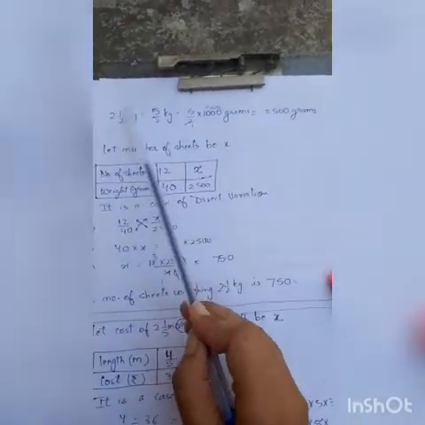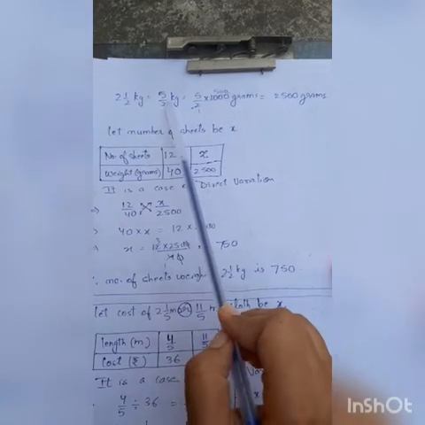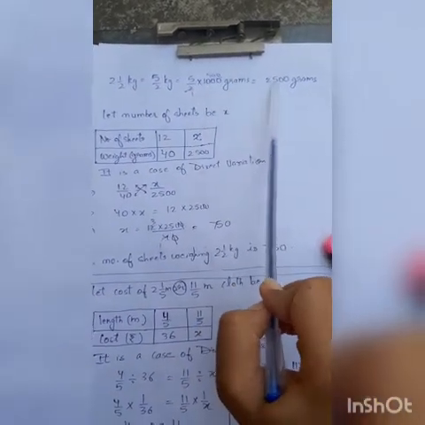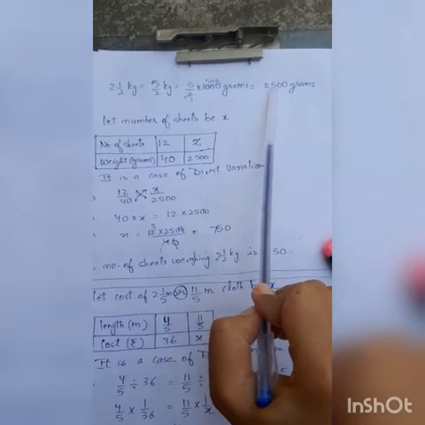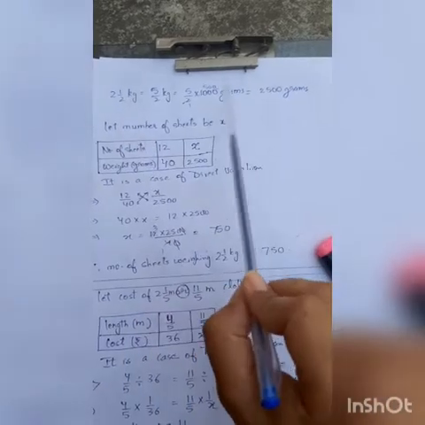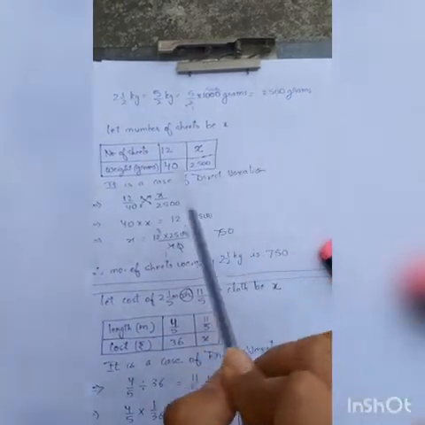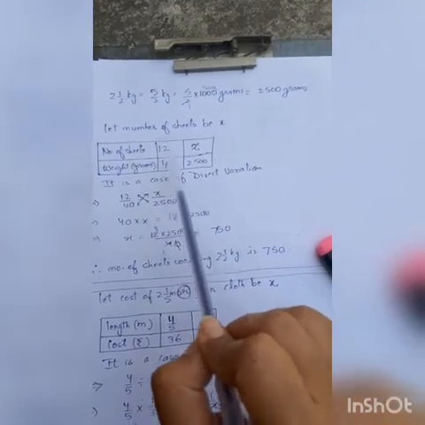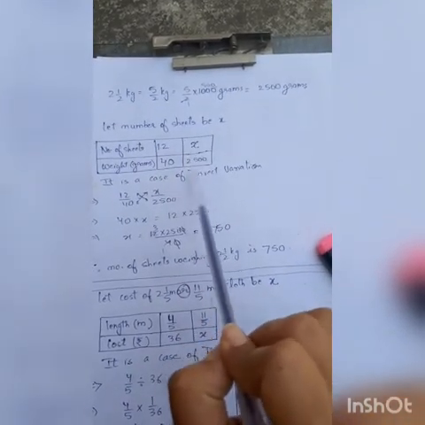So I changed 2.5 kg to grams. How? I just changed this into an improper fraction. Then I multiplied with 1000 grams. The answer came 2500 grams. So, students, 2.5 kg also means 2500 grams. In my table, I will use 2500 grams. So if 12 sheets weigh 40 grams, how many sheets will weigh 2500 grams?